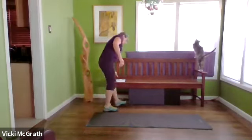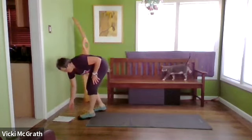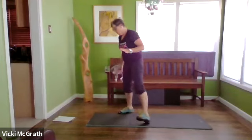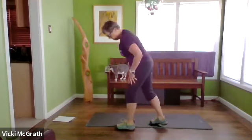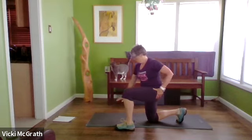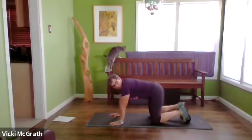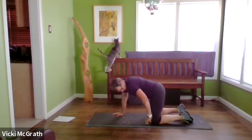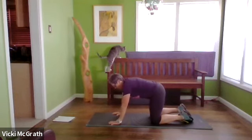And every time you're getting up and down off the ground, there's a good way to do it, and a bad way to do it. The way that you want to do it is that you want to take a step forward. So you have one foot forward, one foot back, and then you're going to put one hand down, and we're going to bring the other leg back. So this is our 90 position, and we've got hands and knees, and my knees are directly below my hips. My hands are going to be right